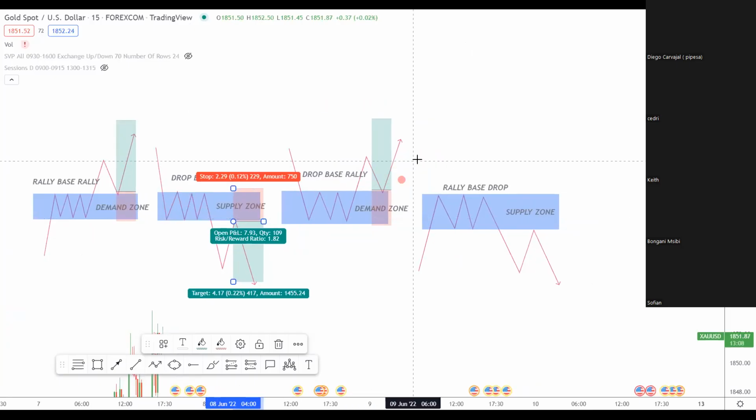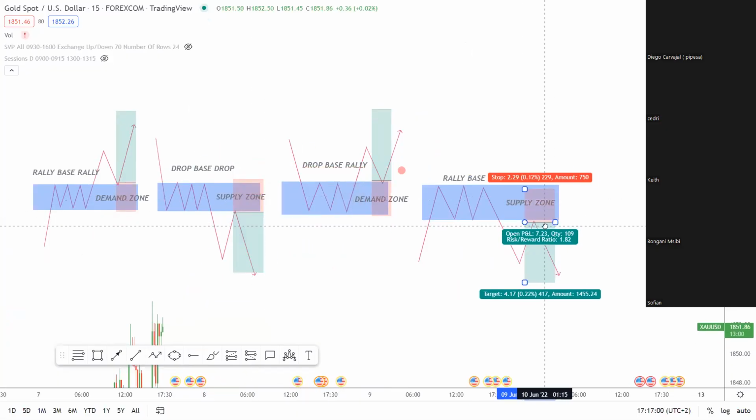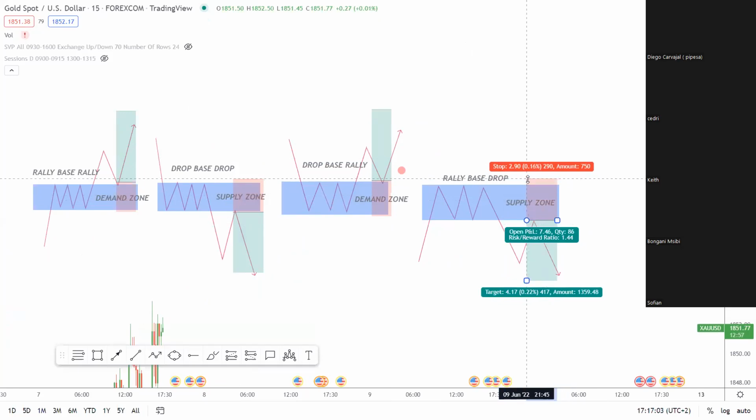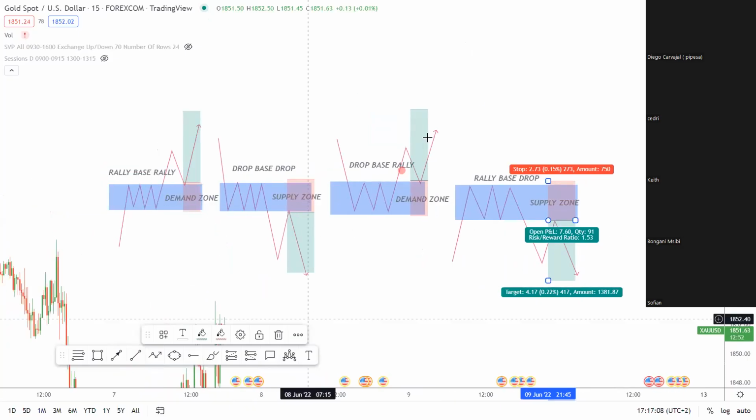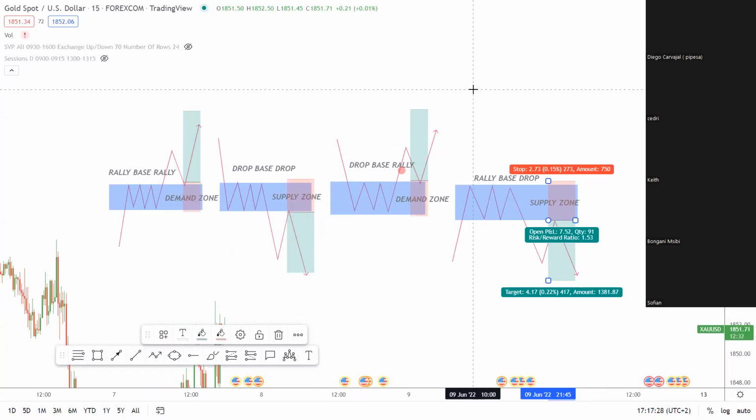Well, to know in advance without having to wait for the retest, this is something I don't recommend, okay? But some ways that help me induce if price will break out a zone or not is, for example, well, firstly, if the trend is extremely bullish, I know price will most likely break all of the supply zones, okay? It will just break, okay? So if the structure and the trend is really bullish, I know price is most likely to break all of the supply zones, okay? Or if a zone has been tested many times, for example,